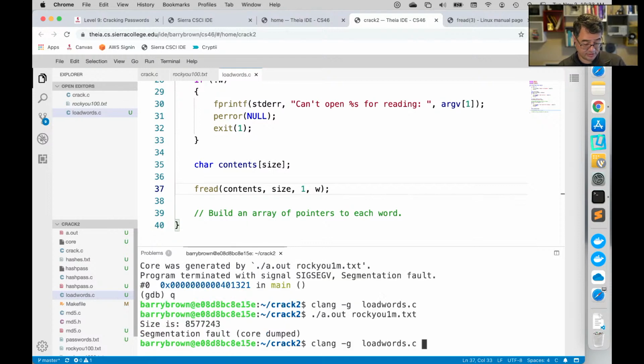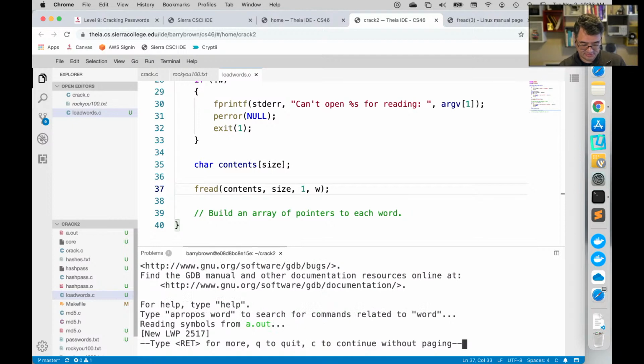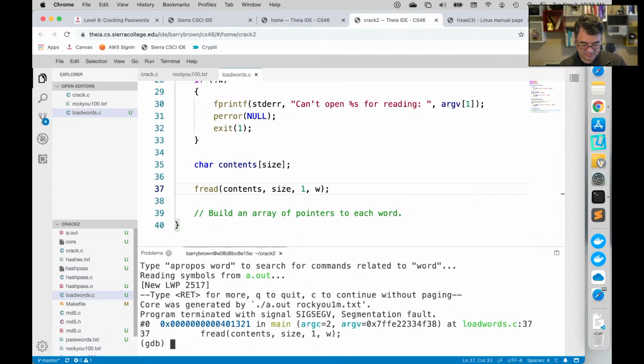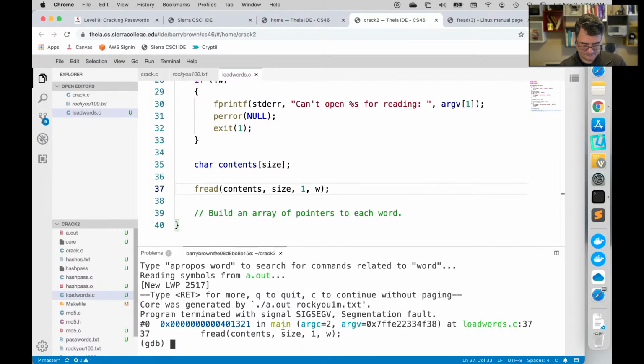So run it, let it crash, and then run GDB and see what it says here. Well, it's crashing on the fread, and that should have been more or less obvious, because that was the only thing we added to the program since we last compiled and ran it.